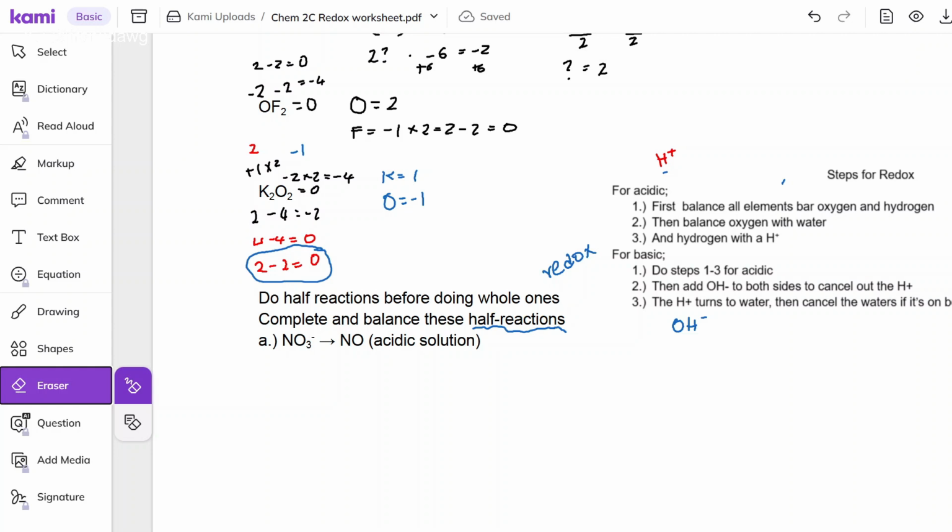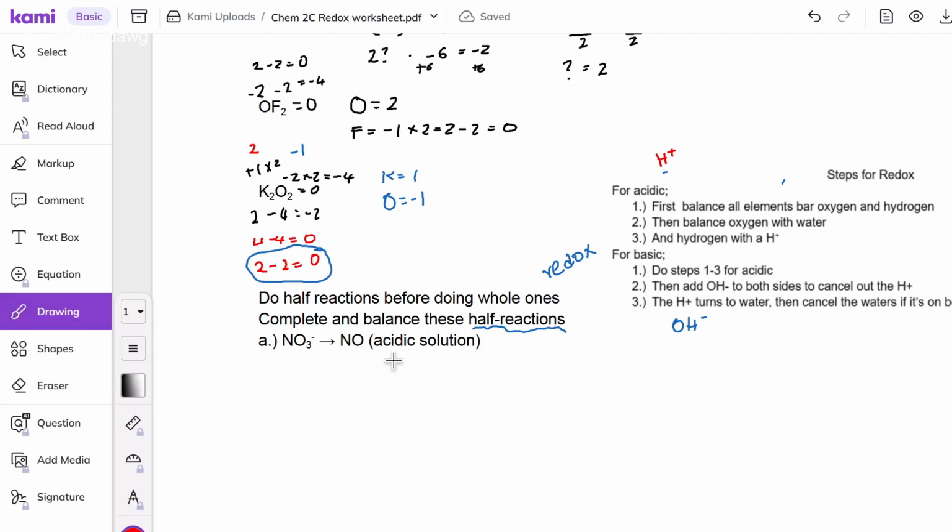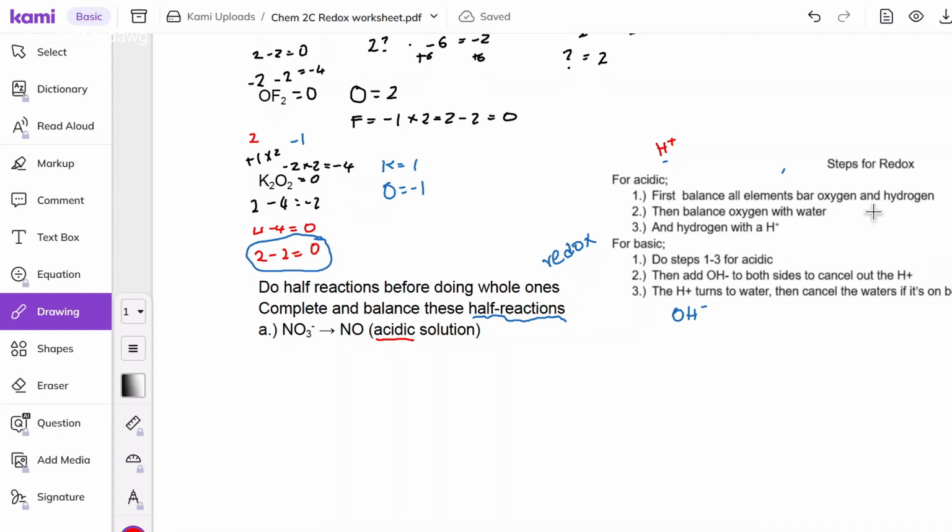And you get the question mark is equal to, for the first redox reaction, it tells us that it's an acidic solution. So we now have to follow only steps 1 to 3. So we start by balancing all elements except oxygen and hydrogen. So right here we can see that the N is already balanced. So we can skip the first part and go straight to balancing oxygen. So in this one, NO3 minus